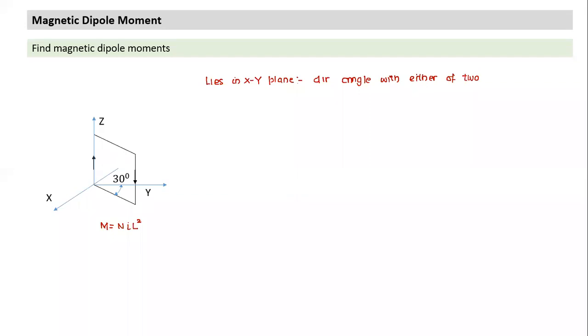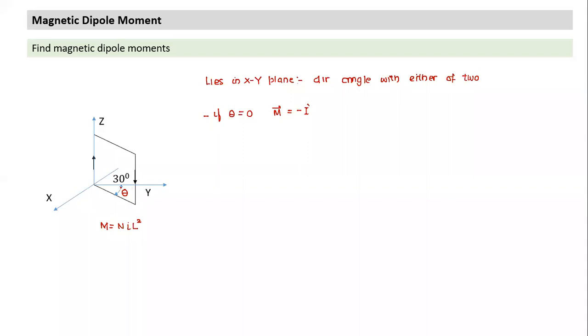One way of thinking, since some of the people may have a little confusion. So Disha, you tell me, had this angle been 0, if this was placed in the XZ plane, what would have been the direction of the magnetic dipole moment? If this theta was 0, what would have been the direction? Minus i cap. So what I understood, if theta is 0, the M direction would be equal to minus i cap.